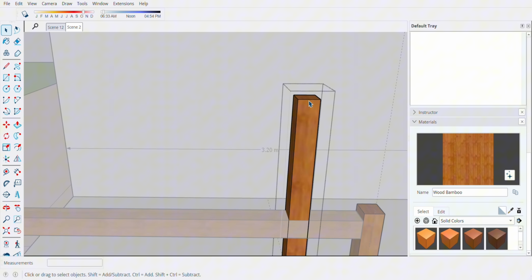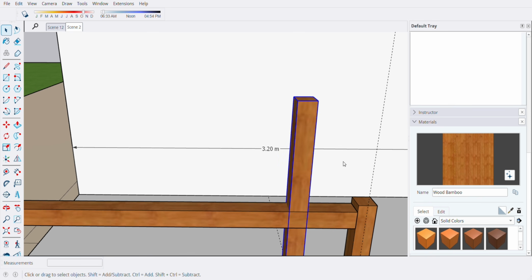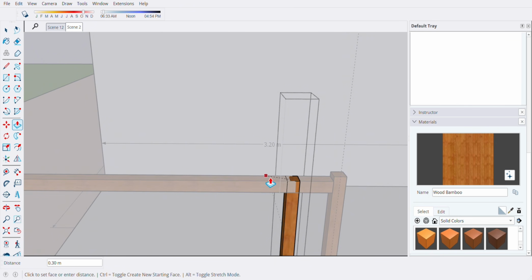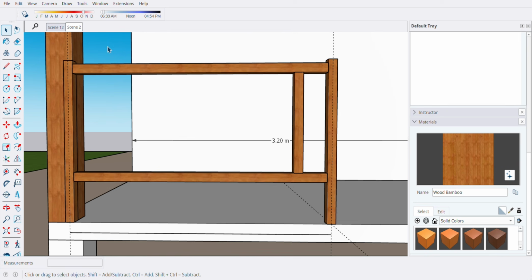We will make this one shorter. Okay, sorry, because this is a component, make unique. Okay, so this is the shortest one. So we need to copy this one.